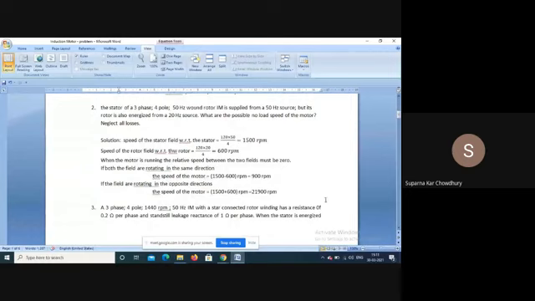So next, come to the next problem. This is again a simple problem. The stator of a three-phase 4-pole 40 Hz wound rotor induction motor is supplied from a 50 Hz source, but its rotor is also energized from a 20 Hz source. Now, if we have a wound rotor motor,